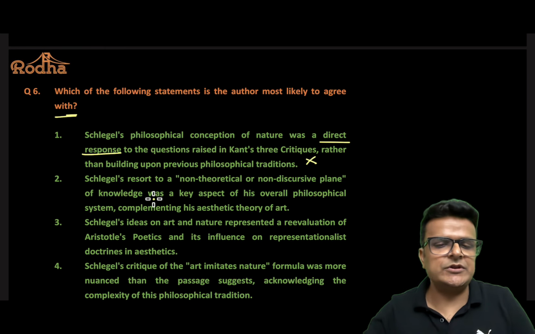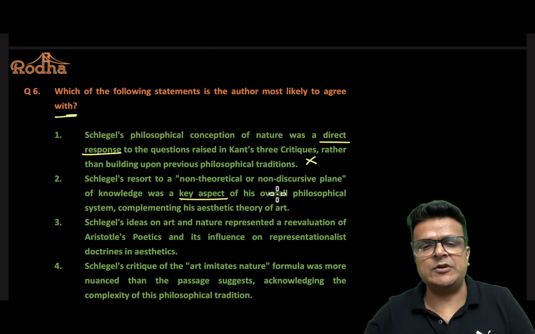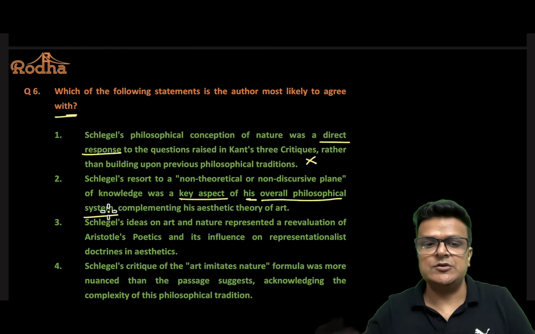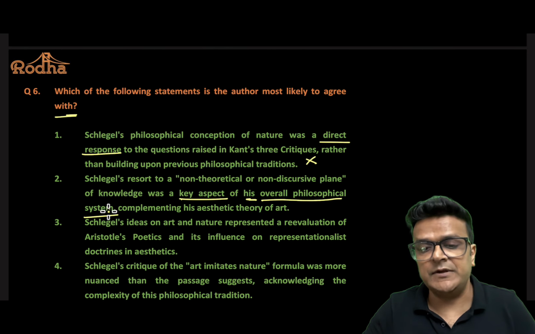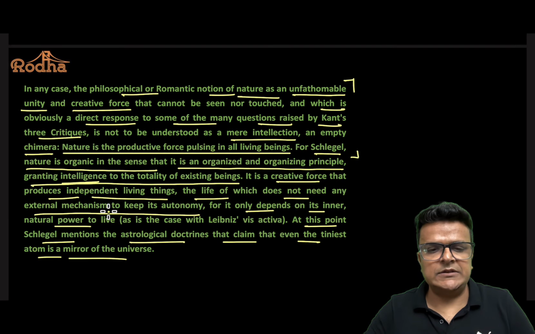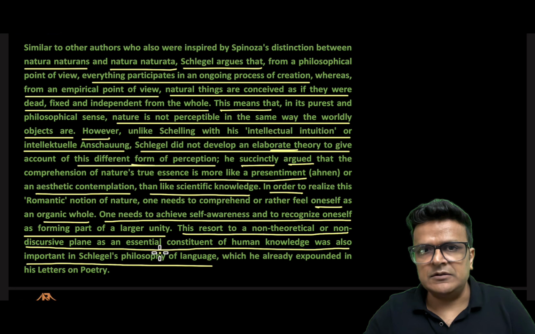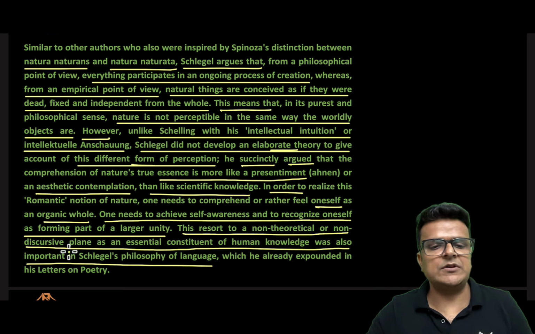So we can eliminate. Option 2 says Schlegel's resort to a non-theoretical or non-discursive plane of knowledge was a key aspect of his overall philosophical system. So was Schlegel's resort to a non-theoretical and non-discursive plane of knowledge a key aspect of his overall philosophical notions? तो हमें देखना है कि ये जो बात की गई है about non-theoretical and non-discursive plane, ये Schlegel की philosophy का important हिस्सा था कि नहीं. This resort to a non-theoretical or non-discursive plane as an essential constituent of human knowledge was also important in